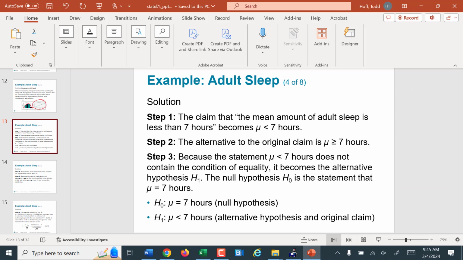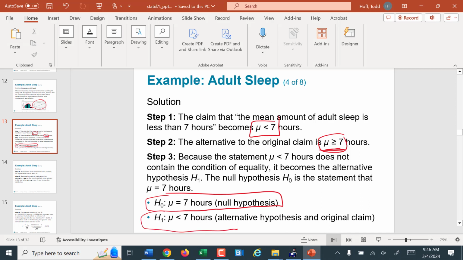Let's look at our solution. So the first, we have to make the claim the mean of the adult sleep is less than 7 hours. So that becomes that mu is less than 7. The alternative to this, the opposite side of this would be greater than or equal to 7. Now remember, the one that contains the equal to becomes the null hypothesis. So the null hypothesis is going to be that the mean is greater than or equal to 7. Remember, we just write it as equal to, and the alternative is going to be that the mean is less than 7,